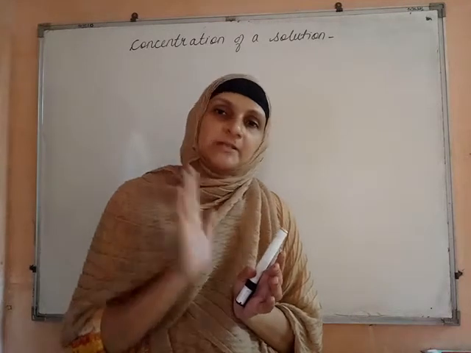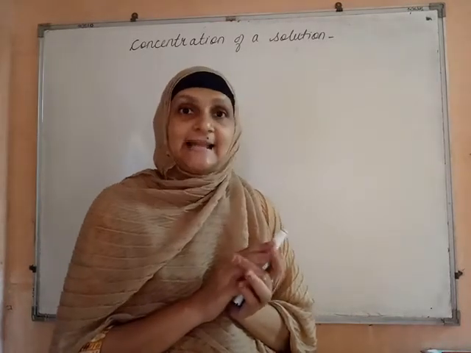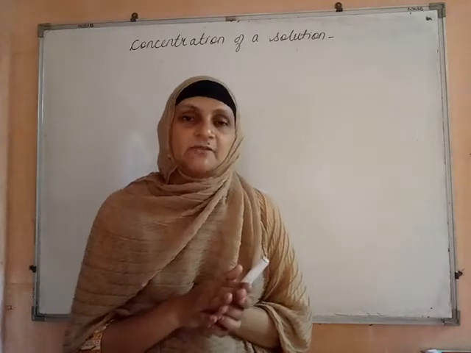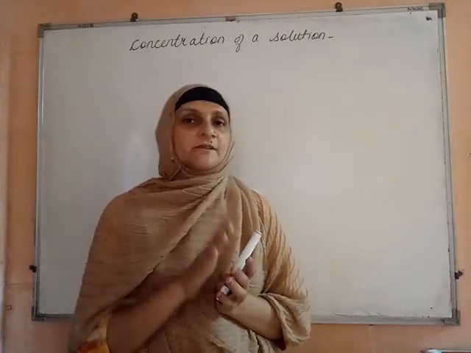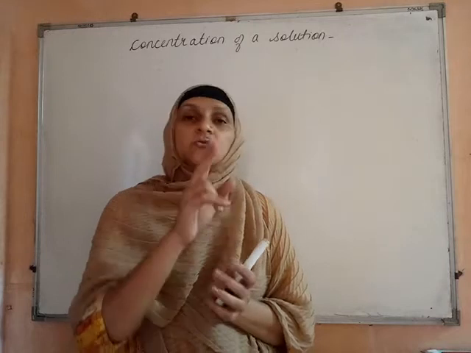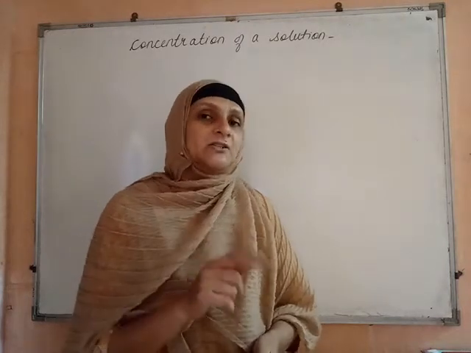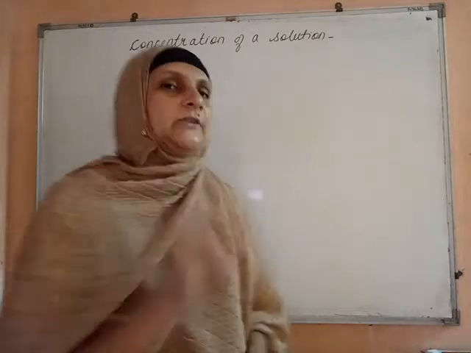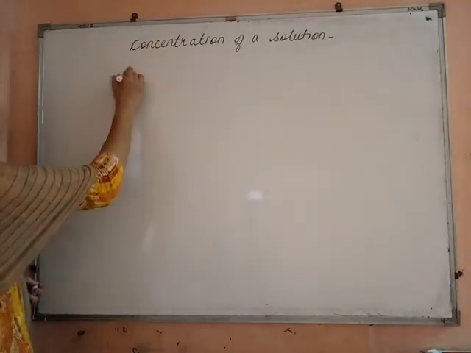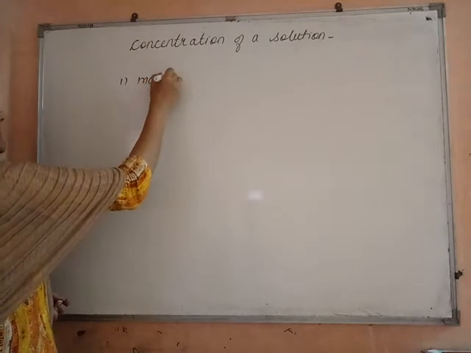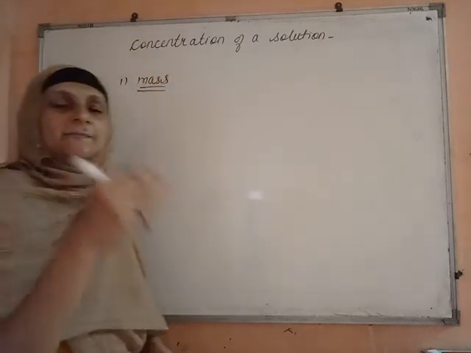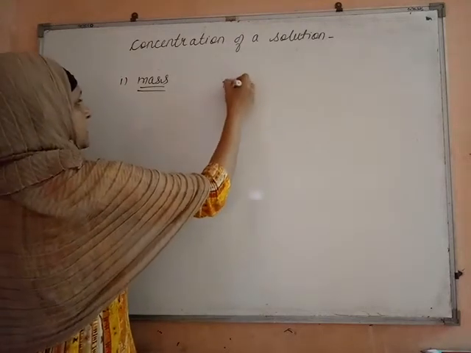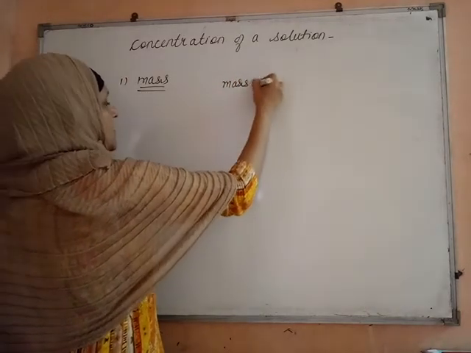Now let's see how to measure concentration. As I said, it relates the quantity of solute and the quantity of solvent. Now quantity of solute and solvent can be measured in 2 units. It can be measured in terms of mass and it can also be measured in terms of volume. So if we measure in terms of mass, then we call it mass by mass concentration of a solution. Then it is given by the formula: mass of solute